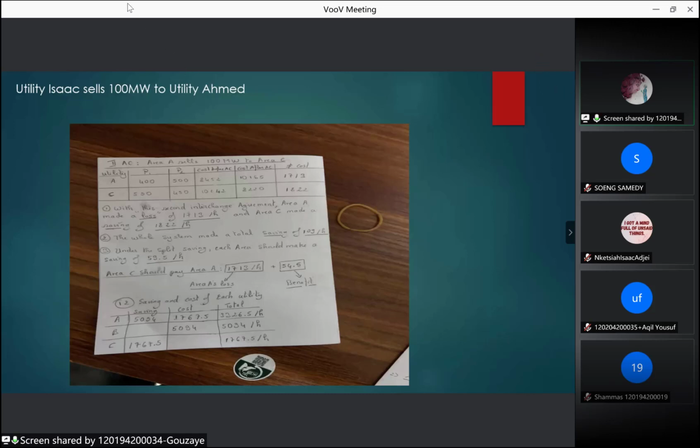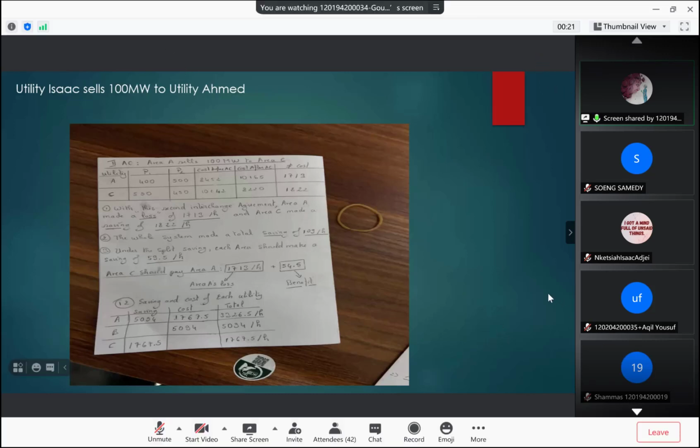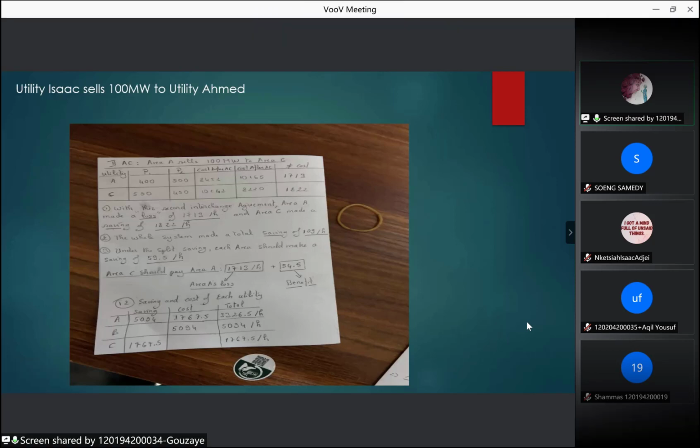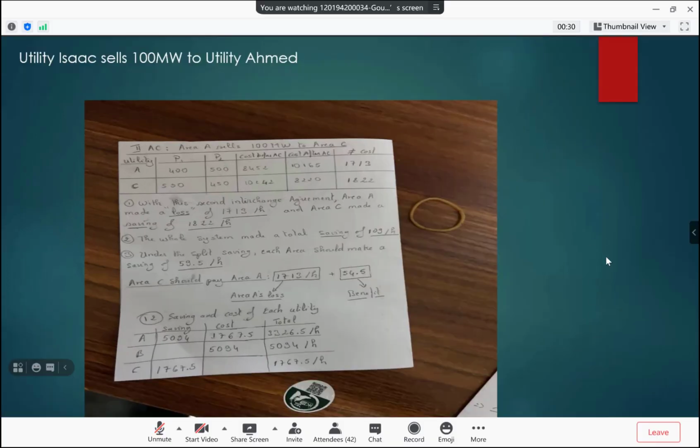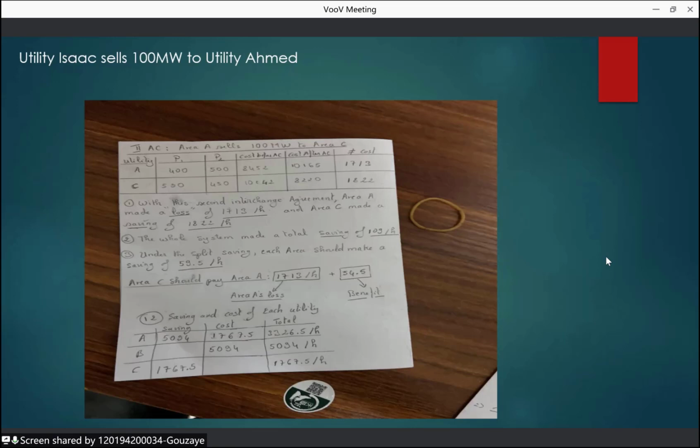Buying power of 100 megawatt from the utility, Isaac would have to pay $1,767.5 per hour. Those are the different prices, just an example, an illustration of what an interchange can benefit each utility. And those numbers can be different in case the order of the interchange is changed. For example, here